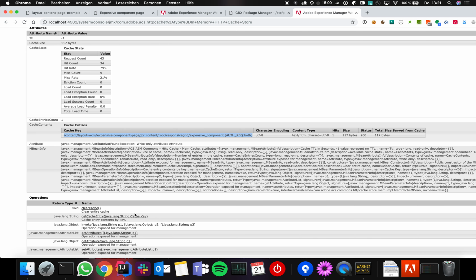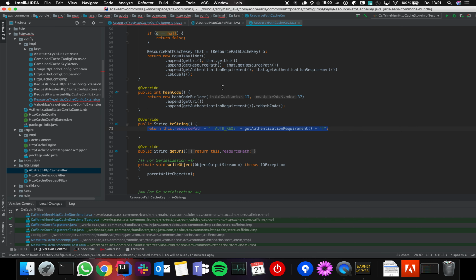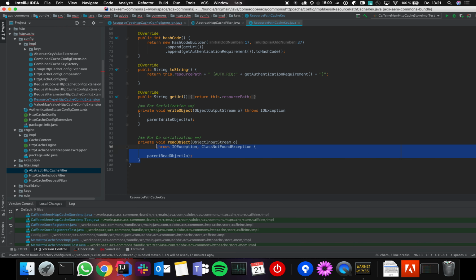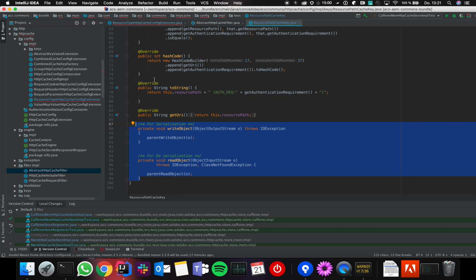So it's quite important you write a ToString method that is different per each cache type entry, but readable for administration purposes. Write and read object, this is for the serialization